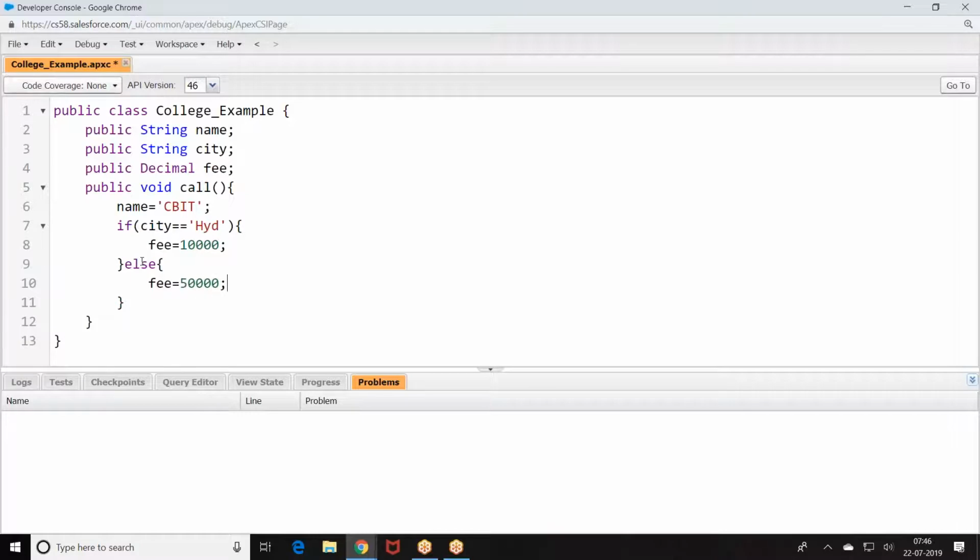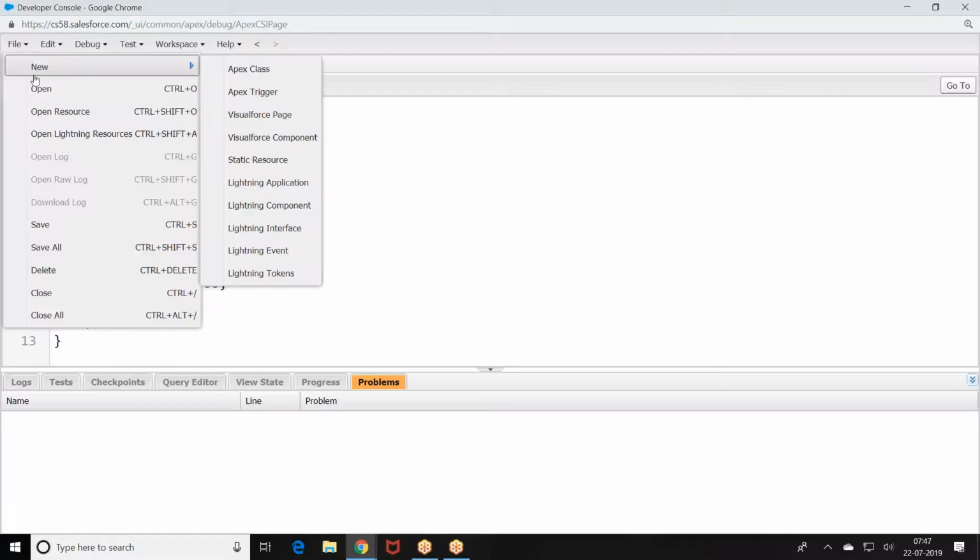When you write any Apex class, if you want to deploy, it is a must that we write a test class for this. Without a test class, we cannot deploy. If you want to deploy a class or a trigger, we have to go for code coverage. We need to write a test class. It should have a code coverage of 75%. Otherwise, we will not be able to do it.